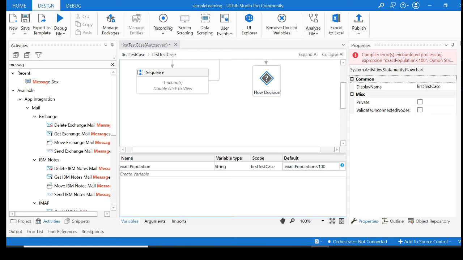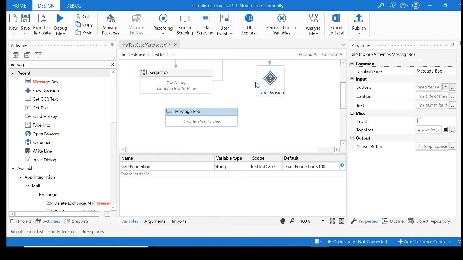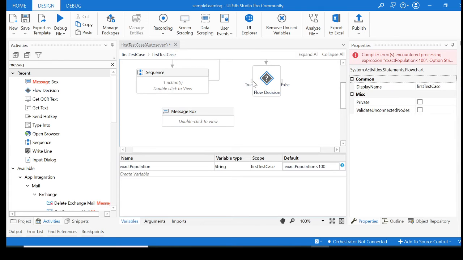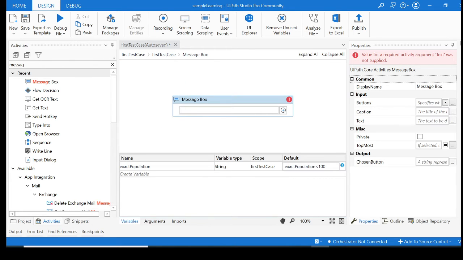Go with message box, dump your message box over here. If that particular decision is true, then it will print this message box. So what is going to print, I'll say something like city population is less than 100. Okay, 100 crores, 100 lakhs, right?